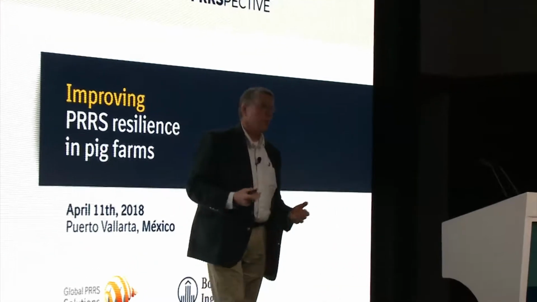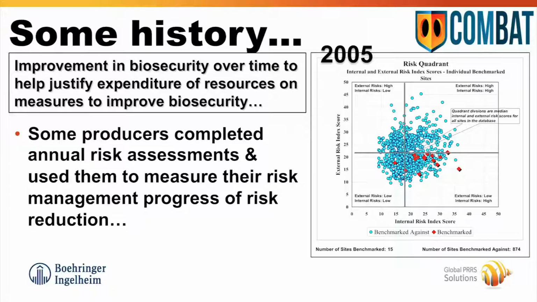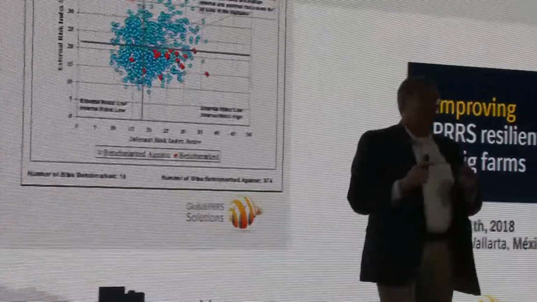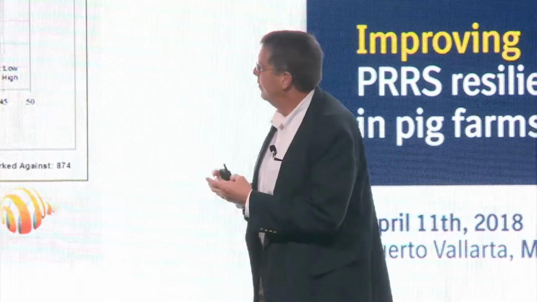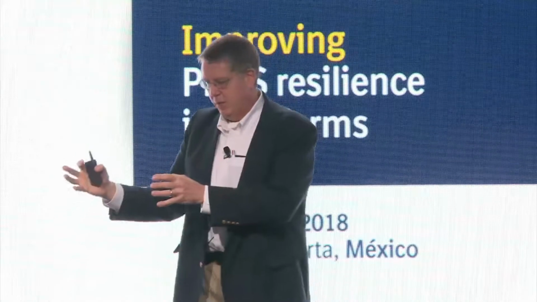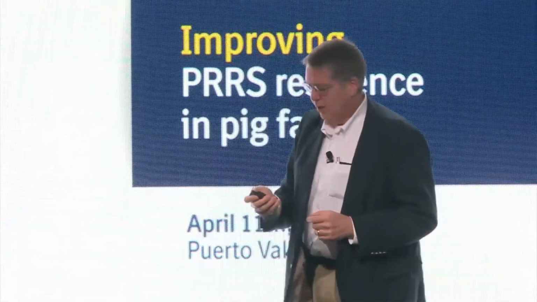So that was promising. Another thing that we did is work with some producers who did annual risk assessments on their farms. This particular example happens to be one producer. There's actually 12 farms here. They did annual risk assessments over a 4-year period, and based on those risk assessments, they took action. They might have made some management changes. They might have made some capital investments in things like truck washes, truck dryers. And then they also recorded the breaks that they experienced over that period of time.